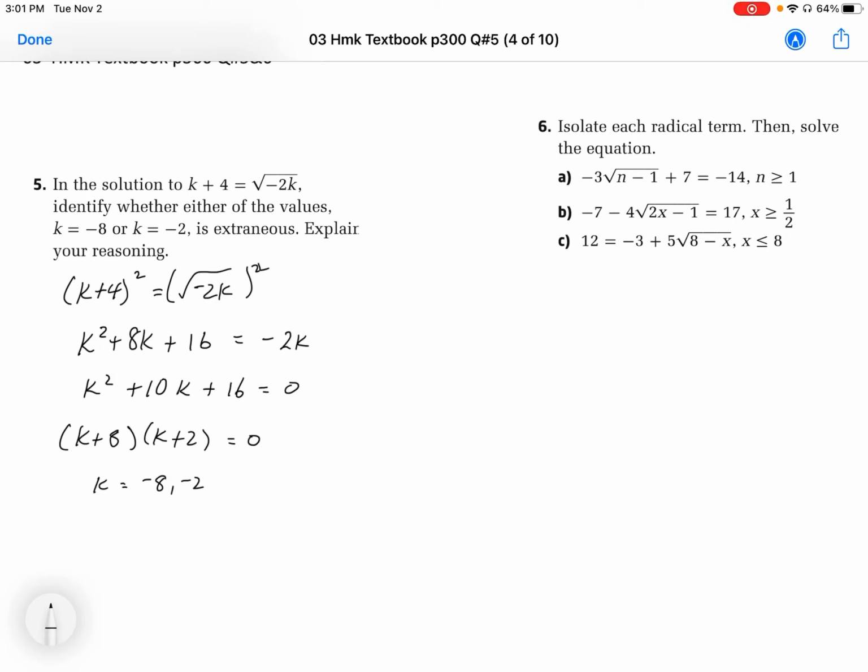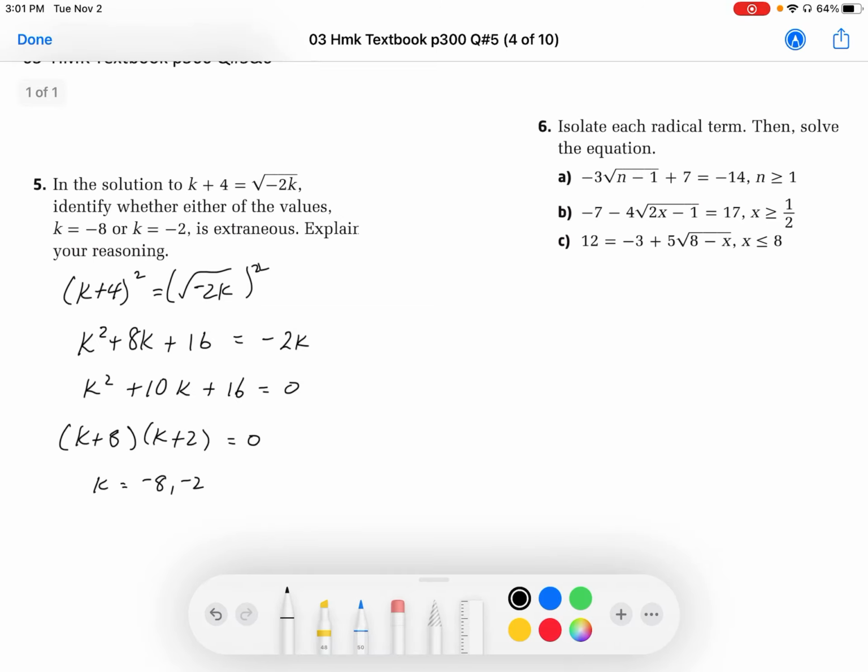Now the question didn't ask us to solve it. It asked us to check to see if the solutions are extraneous. We can check for extraneous solutions by just substituting in. So this is going to be our check then. We check